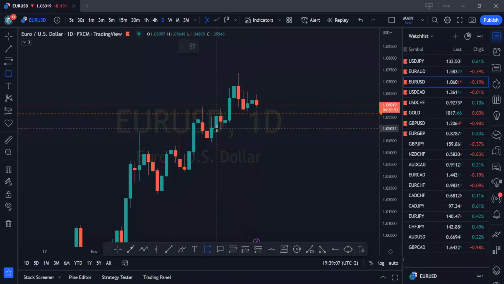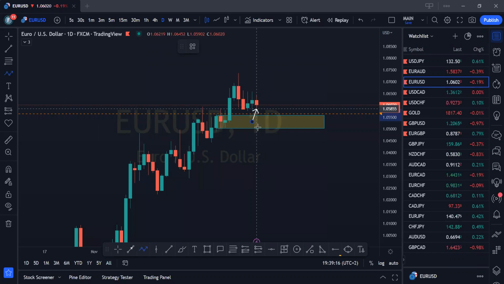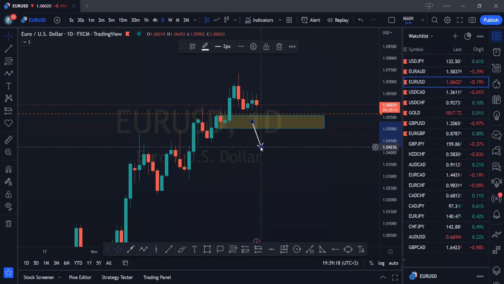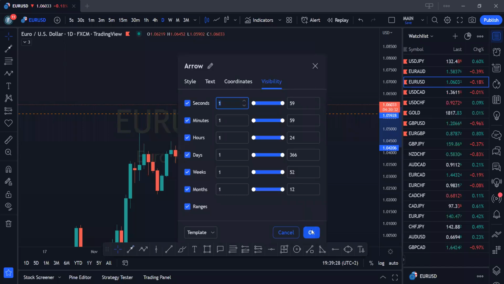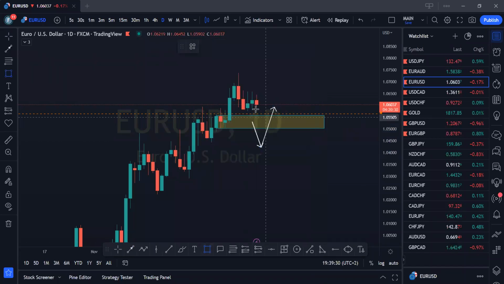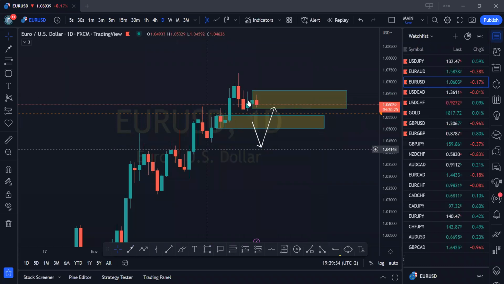So you want to wait for price to break this zone. Wait for this break. Wait for price to break this demand zone. Once you wait for that break, then you wait for the retracement. When that retracement happens, you want to start loading it for a sell. So it's a bit clearer on daily than what we have on 4 hours.